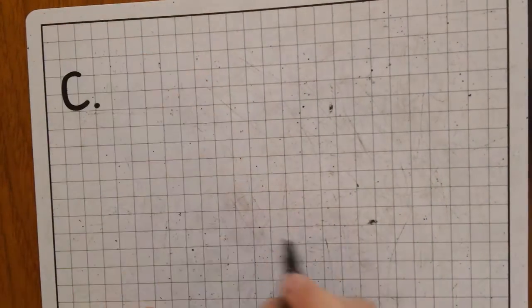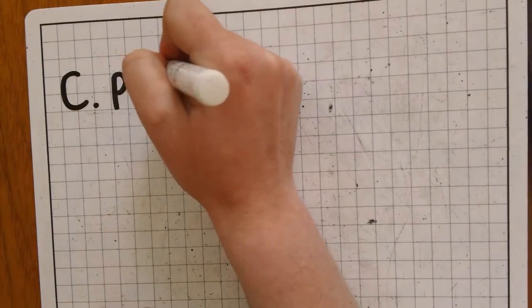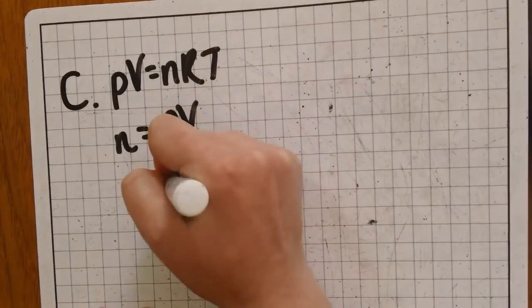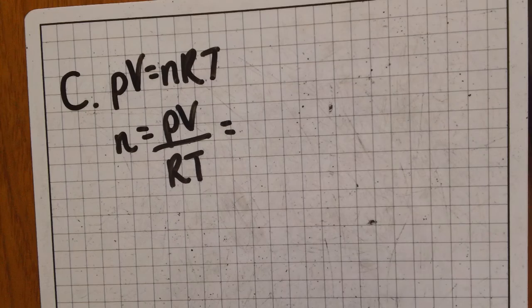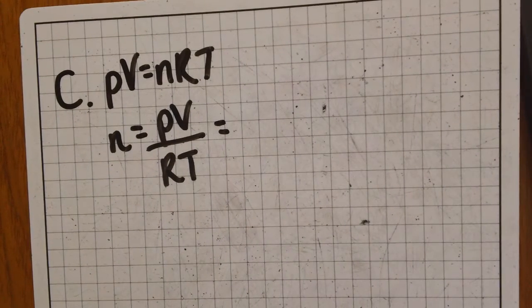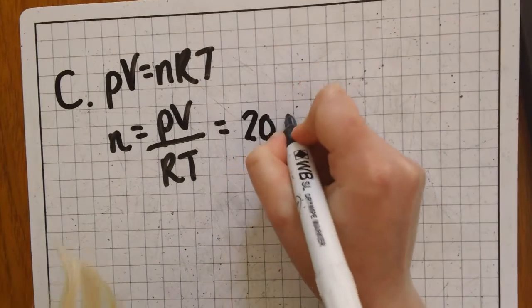I'm going to have to flip my board over to do C. C is again PV equals nRT. We're finding n, so it's PV divided by RT. Here we're given the pressure, and in this question it is 200 kilopascals. So that is